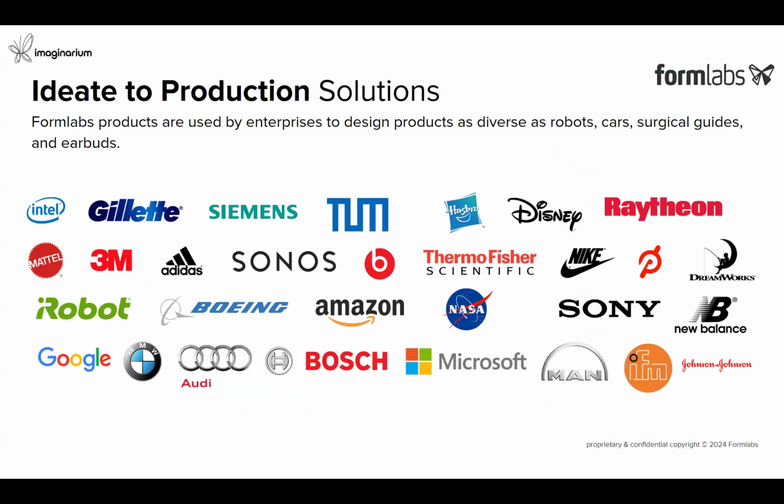So with Formlabs, we are providing solutions from idea to production with lots of enterprises worldwide, serving customers in the automotive industries, consumer grade industries, surgical guides in dentistry, and also robotic solutions in the entertainment industry or even the footwear industries. With Formlabs, because of the materials and the technology,